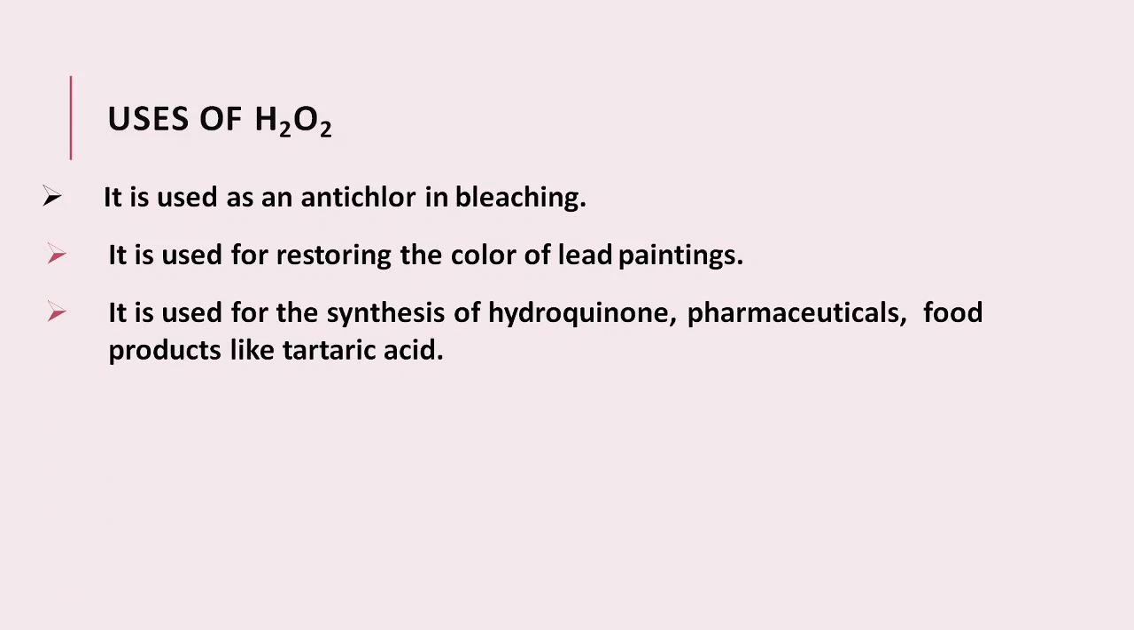It is used for the synthesis of chemicals like pharmaceuticals. I already said that it is used in ear drops, eye drops, and food products like tartaric acid. Tartaric acid, which is sour in taste, is used in that. Next, it is used in preserving milk and wine. By using hydrogen peroxide, not in more amount but in a lesser amount, it can be used to preserve